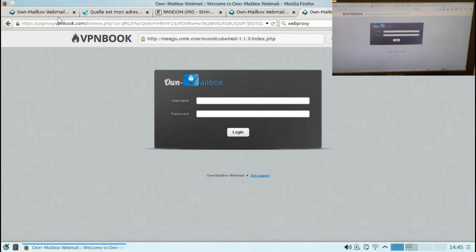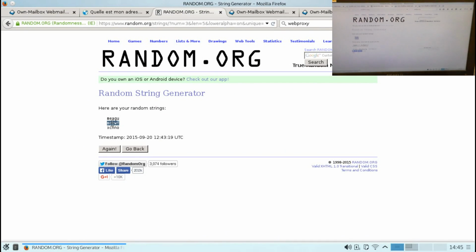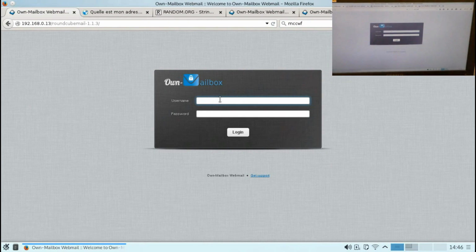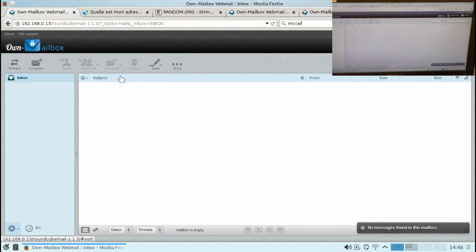Okay, so basically we are now going to log in. The username is this string. By the way, I just realized that I forgot to, I erased it. So I'm going to do this string, and I enter the password, and basically we are in the webmail. I would like to show you that I'm now able to receive emails at this email address,